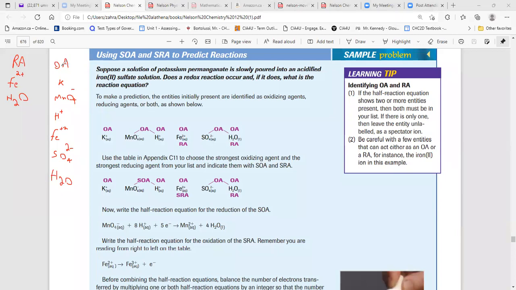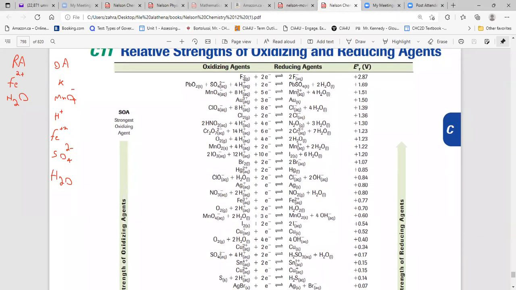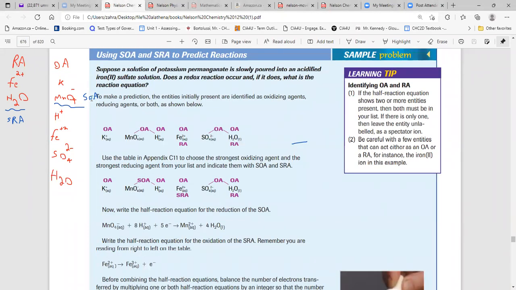To find the strongest OA, I'm going to look here. From the top is the strongest. So I come down until I find the strongest. So here I don't get that, I don't get that. Here is MnO4, right? This is what I have. So it's going to be the strongest one. So SOA is this strongest. And also for this one, I come down and I get to H2O. I don't get Fe2 plus, so this will be my strongest reducing agent, SRA. See, MnO4 is your SOA, and